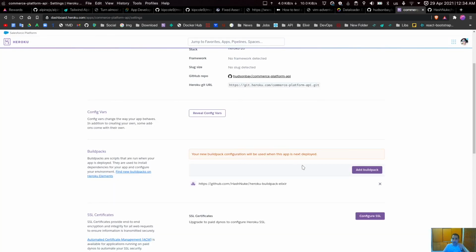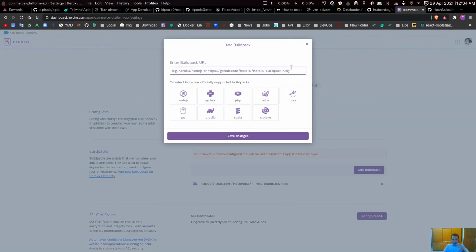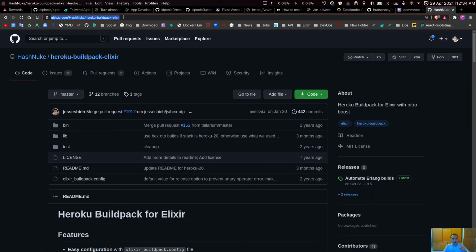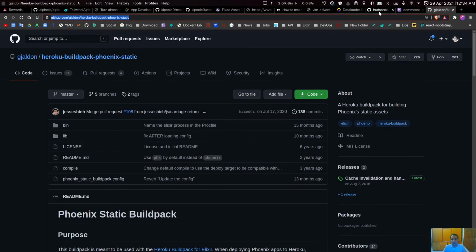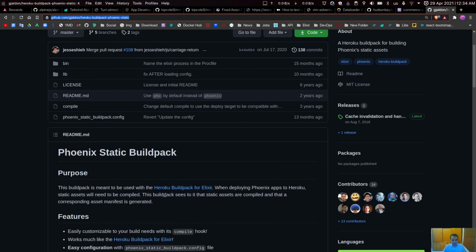Okay, and I need another build pack because that only builds the Elixir part, but I also need to tell Heroku how to build my static assets like JavaScript, and I think the name is this one. That's the name. So this is a build pack meant to be used to build static assets. Okay, so I'm going to use this